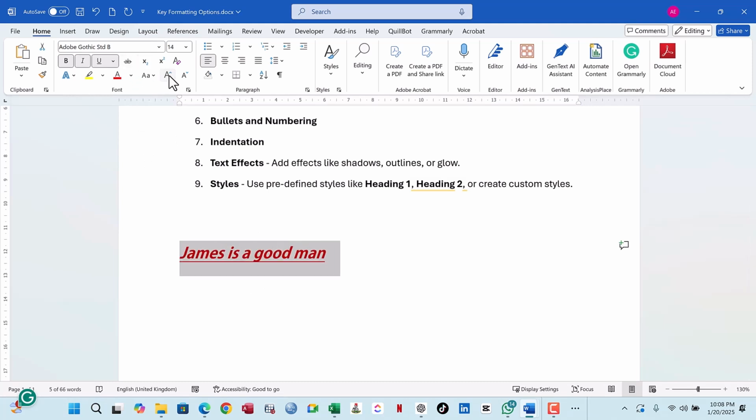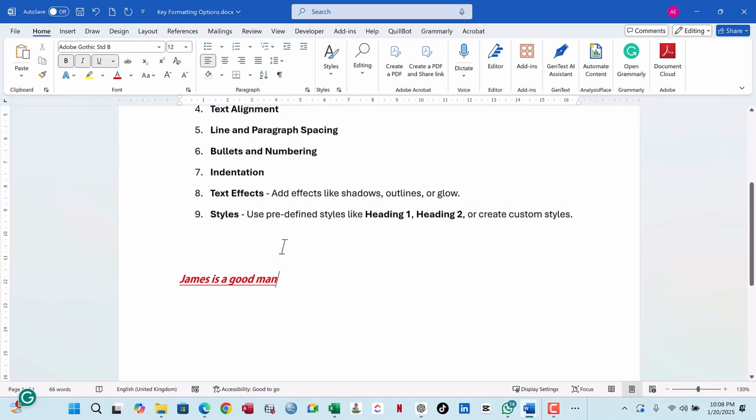You can also increase your font size from here. You have the increase and the decrease under the Home tab, the font group. You have the increase and the decrease option there. Okay, now